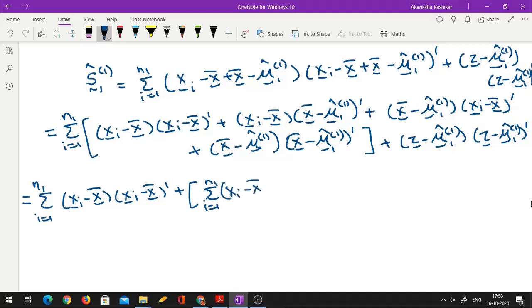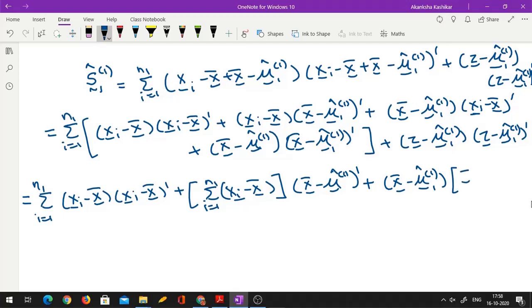Now under H1, these y1, y2, whole sum of yi minus y bar, are coming from the second population. So mu2 hat prime estimates don't change at all. So I can say mu2 hat is simply y bar, it won't get affected. What we are worried about is mu1 hat. mu1 hat is definitely going to get affected.